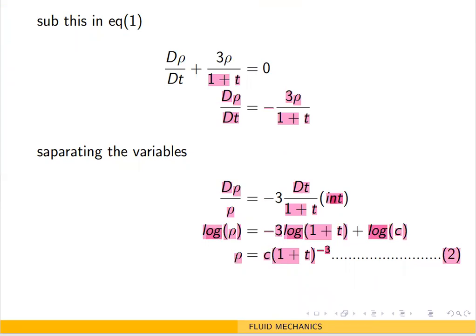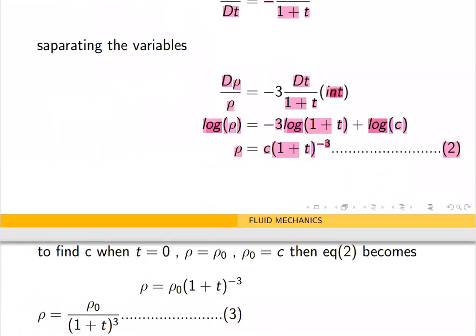So we got rho in terms of c and t. What is that c? C is the integration constant. Let us find the integration constant. Now, how do you find the integration constant? Let us use the initial conditions. So to find c, we'll take the initial conditions. When t equal to 0, what is rho? Rho is rho naught, the density in the initial configuration to start with. When t is 0 means what? Initial configuration, right? So rho is nothing but rho naught.